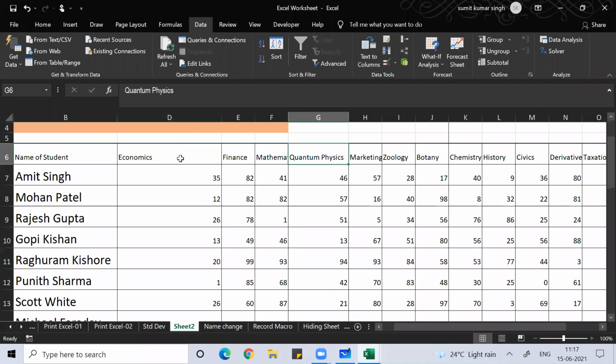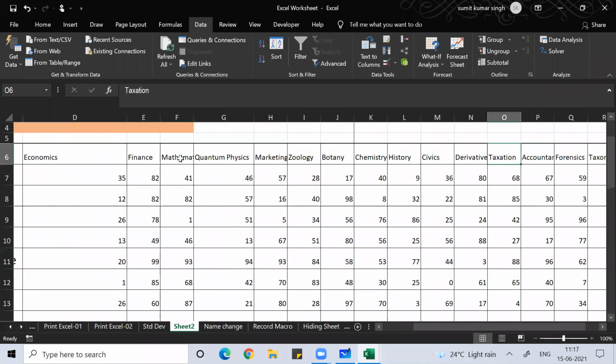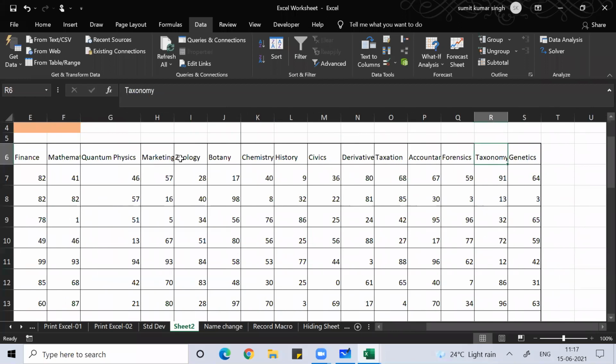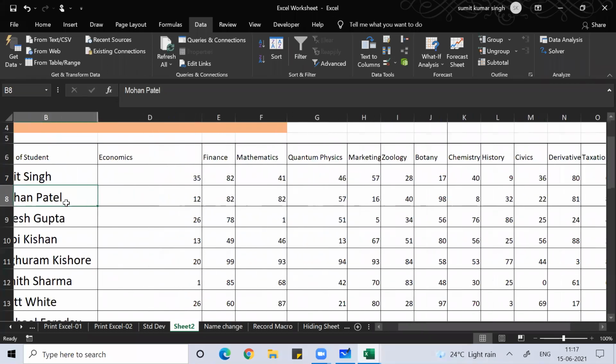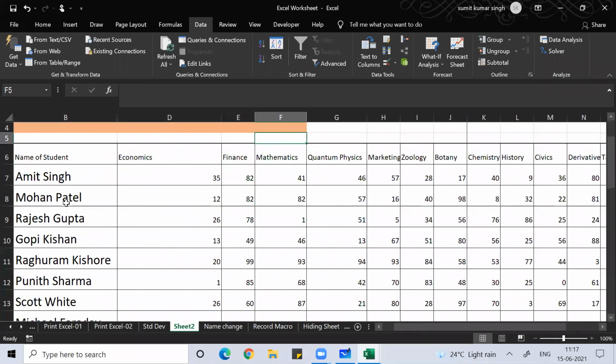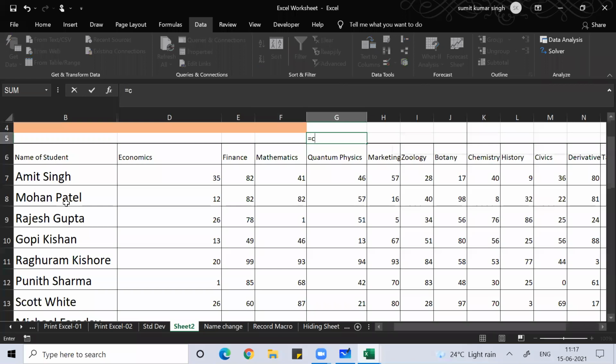Now I can put 15 to 16 subject names here.